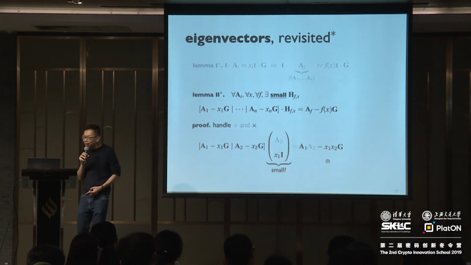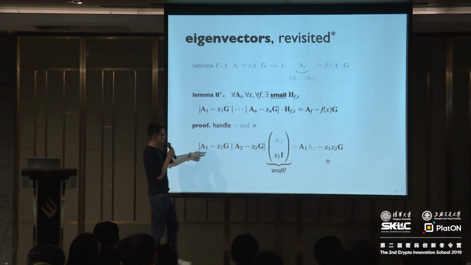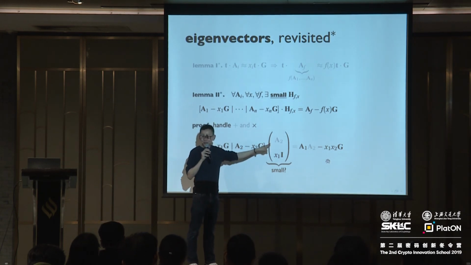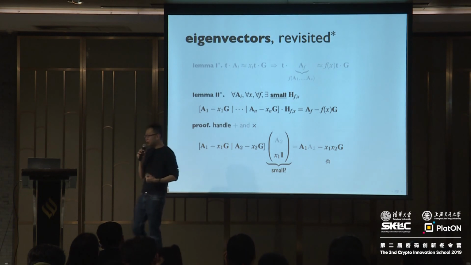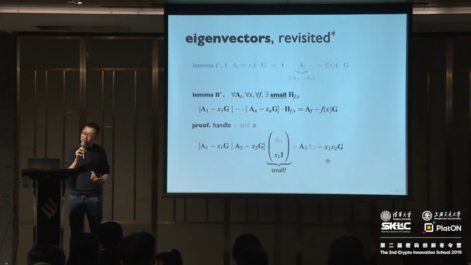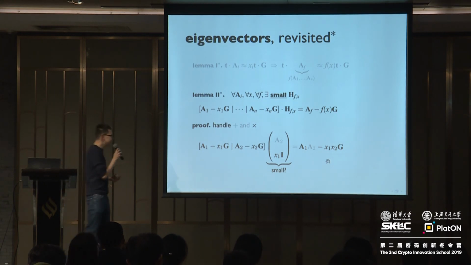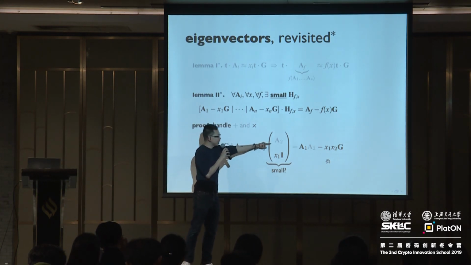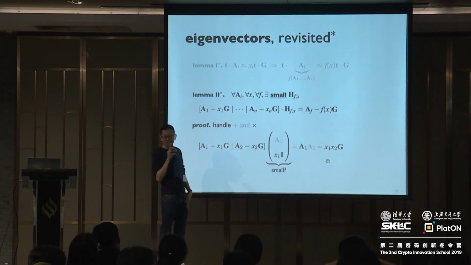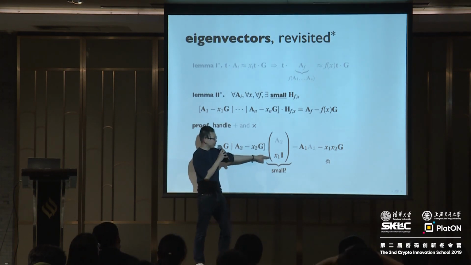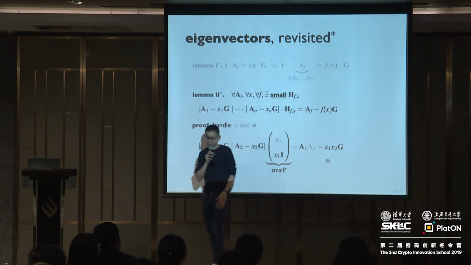I blinded out the A2 because there are two problems with trying to put in A2 as before. The first problem is that A2 is big. It may not be small. The second is that A1 times A2 is not even well defined, because they are both rectangular matrices and you can't multiply them together. So now the question is what to put on top of here. Or as a first sanity check, this is exactly this thing on the right hand side.